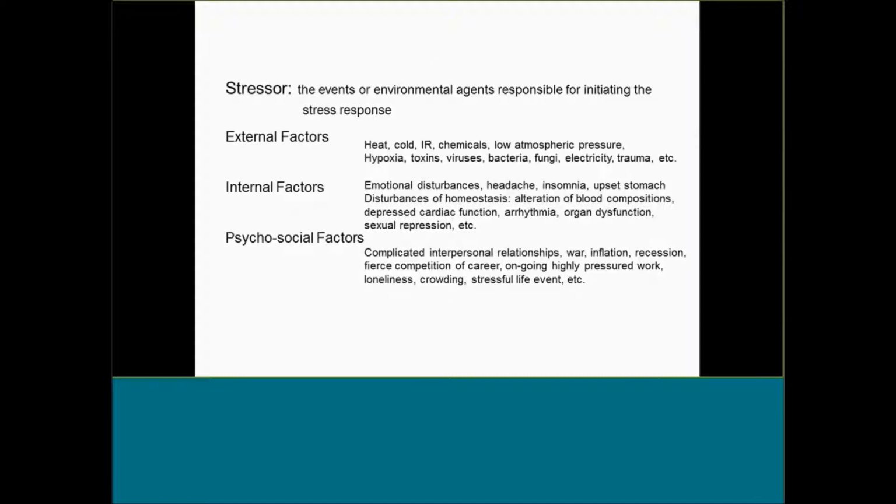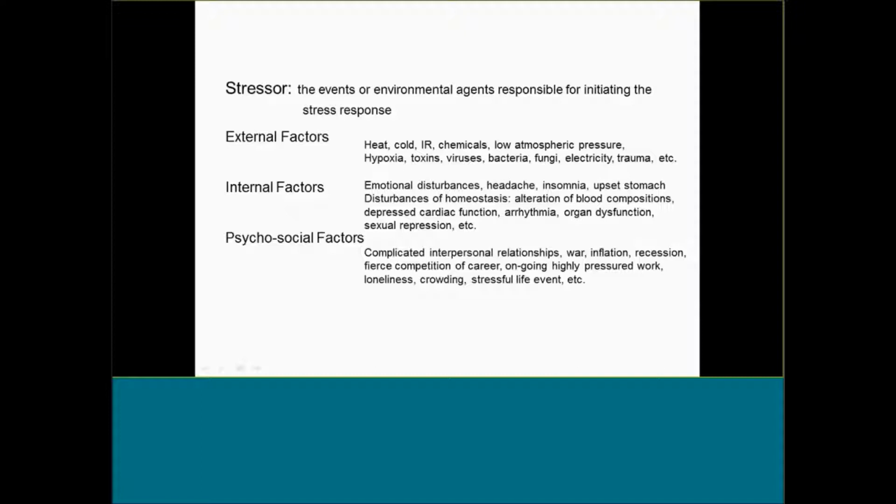For the audience here, there's no need for me to explain what stress is, but I do want to point out that stress, by definition, is much broader than the stress stimuli. Most times, it's genotoxic stress that we introduce into the experimental system, whether it's a cell or animal model. And it includes external, internal, and what we care more about here, psychosocial factors, which by themselves cause minimal physiological damage, but epidemiological observation and clinical studies strongly suggest that chronic stress greatly increases the risk for many different types